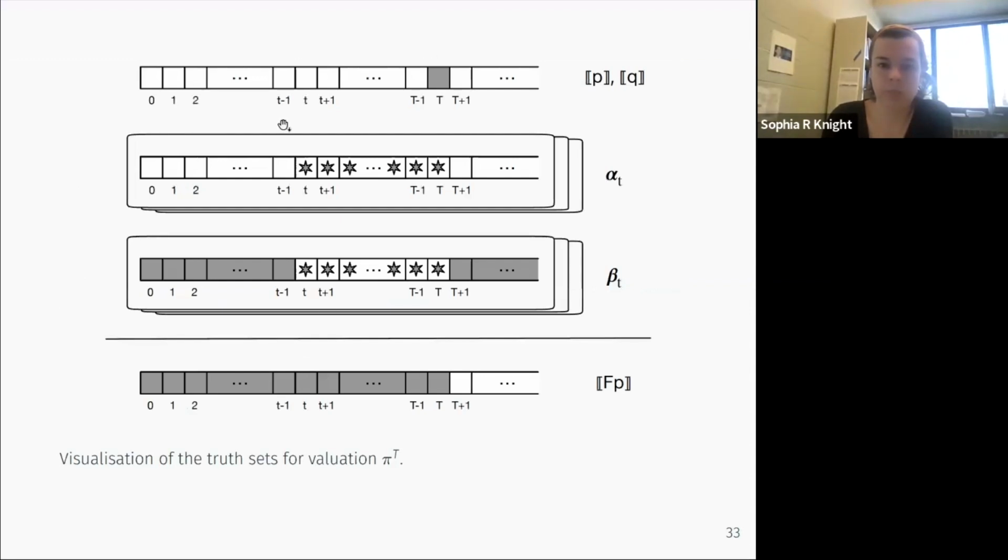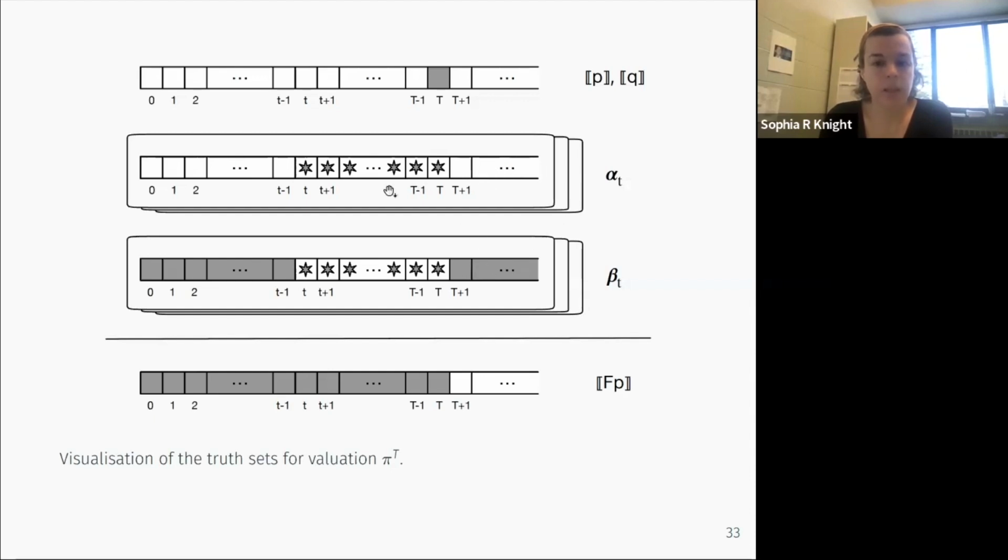Okay, so here's a picture. So here's P and Q in the T model. They're true at T, not true anywhere else. For this proof, we have to define a class of models that we close under the truth sets. So alpha t is a whole set of models. It's little t. So before time little t, the formula is false. And after time big T, the formula is false.